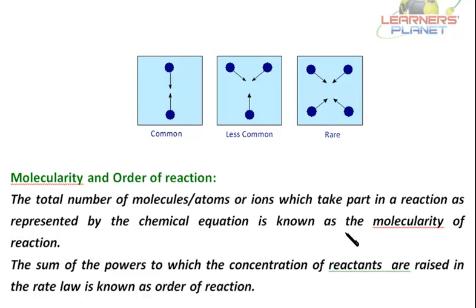Secondly, the molecularity of elementary reactions can be determined. But for the reactions which take place in more than one step, or the complex reactions, they have no molecularity. Their individual steps have the molecularity. Whereas in case of order, the order of the complex reaction is determined by the slow step of that reaction.